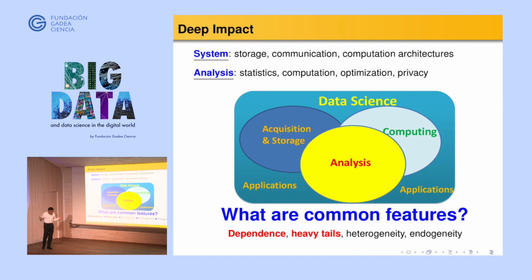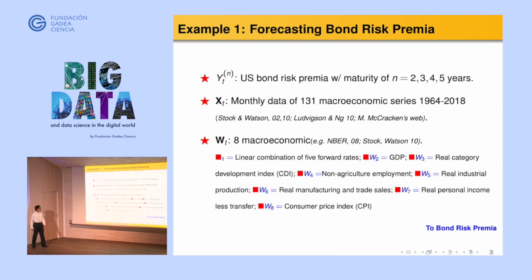Now, since we are talking about data science, we at least need to know what the special features of data are. To me, there are at least five. I address different things on different occasions at different times. But today, I'll focus on dependence and heavy tails. And of course, there are huge spurious correlations. There is heterogeneity, which is a very challenging issue. And endogeneity. Sophia and Jianqing both touched a little bit on these. So today, I only focus on these two.